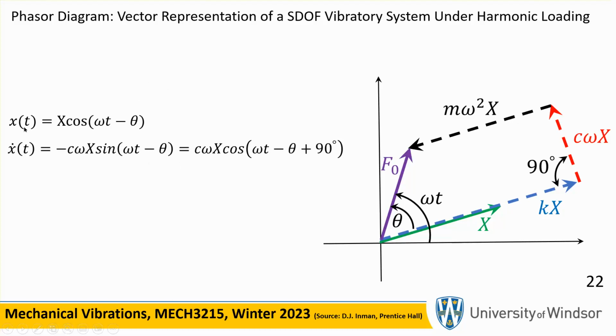Now, you take the derivative of this, and you're going to get x dot equal to the derivative of cosine, which is negative sine of omega t minus theta. You can also write it like that: sine of omega t minus theta, you can add a 90-degree to it and convert the sine to cosine. Basic trick. And if you differentiate this one more time, you're going to get